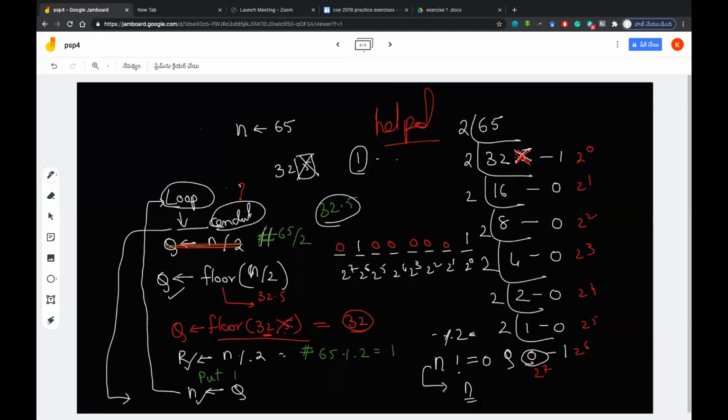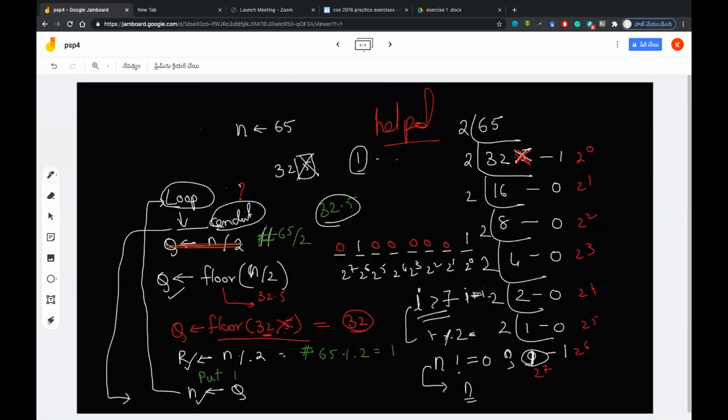You can also measure 8 bits, like you can take i and i should not cross 7. This is how you can also do, and every time you can increment i is equal to i plus 1. That's how you can do it. And finally, after ending, you can print the last quotient, whether it is 0 or 1, whatever the value might be, that will be printed and it ends. That's all.